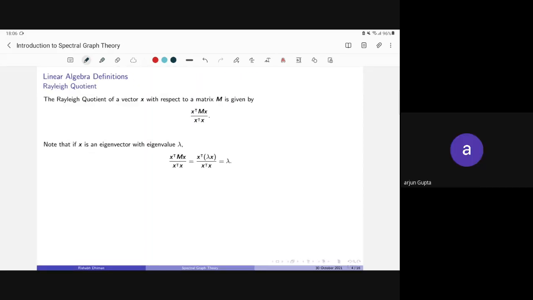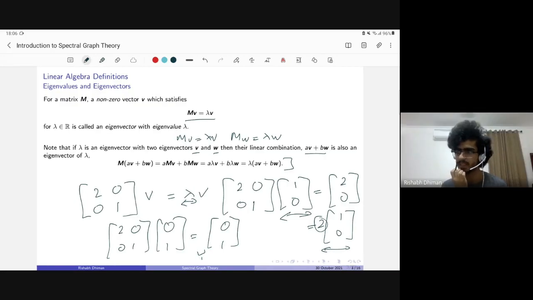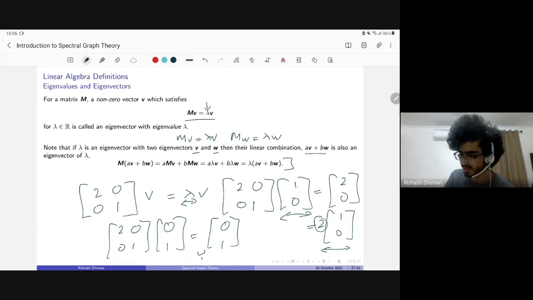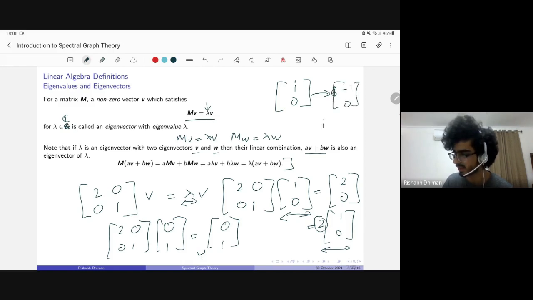What do you mean by complex eigenvalues? I generally just worked with real numbers here. I could easily just replace this R with a C, and then this definition still makes perfect sense. I just replace this with a complex value. So I could have something like (i, 0) to be a vector, and then this might get mapped to (-1, 0), and i would then be a complex eigenvalue. This is pretty unrelated to what we'll do here, so you don't really need to worry about complex eigenvalues.